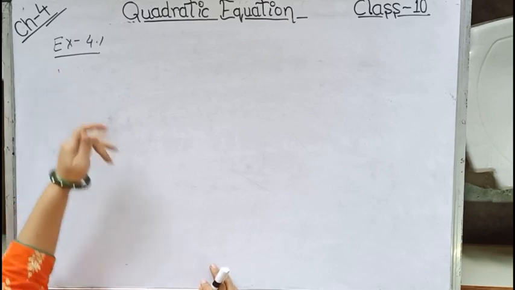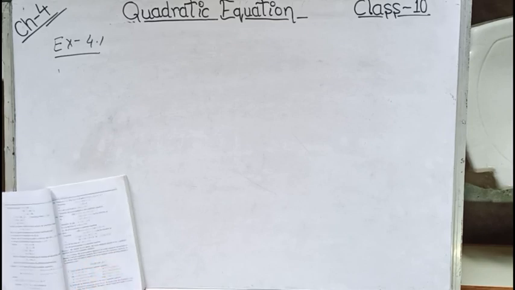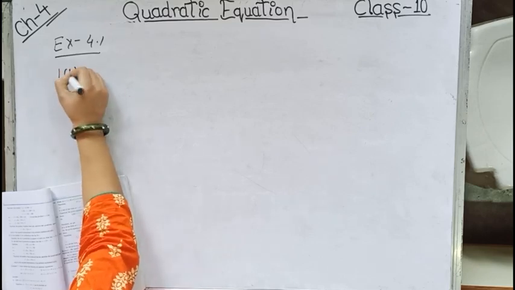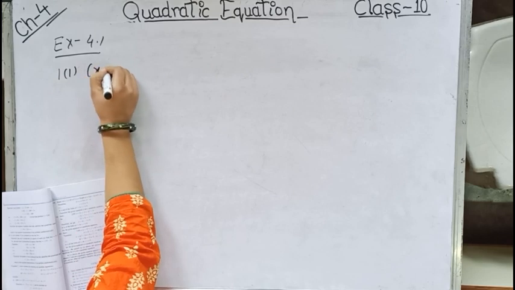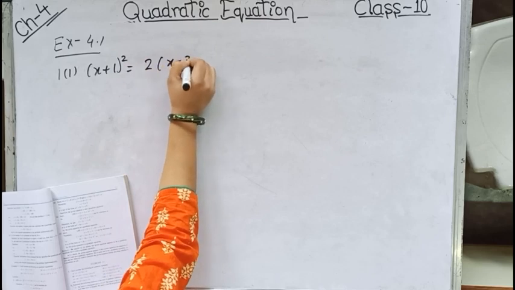So after the definition of the quadratic equations, its solution and its roots, let us first do some sums of exercise 4.1. Now exercise 4.1 question number 1 says that check whether the following are quadratic equations or not. So subparts are there from subpart number 1 to subpart number 8. Children, in this you have to solve this given equation, and if the power of the variable after solving is 2, then it is a quadratic equation, otherwise it is not. So I am solving only few parts, few sums I will be doing, the rest sums you have to try by your own. So number 1 is x plus 1 whole square equals to twice of x minus 3.